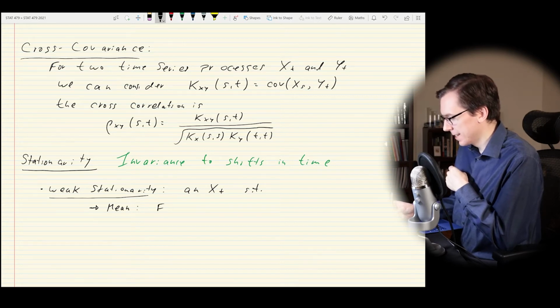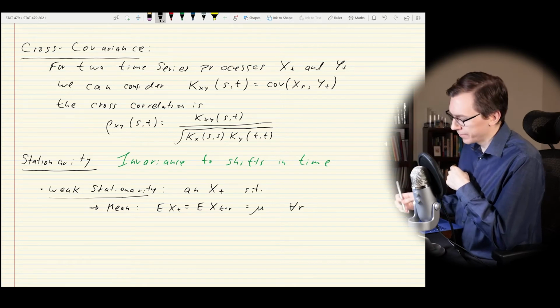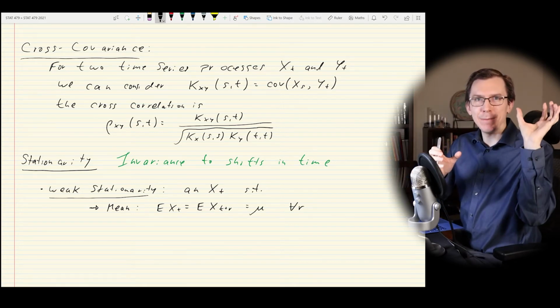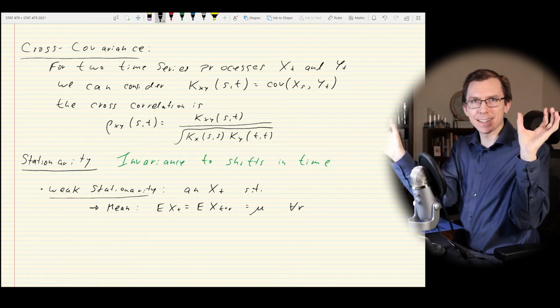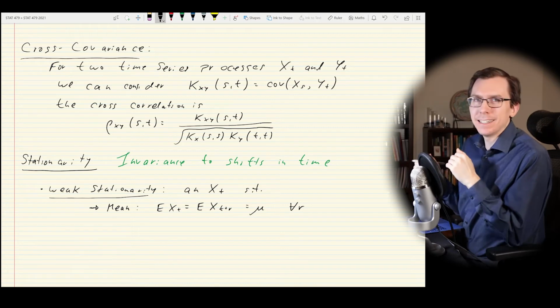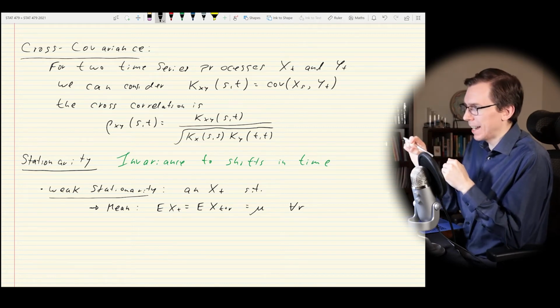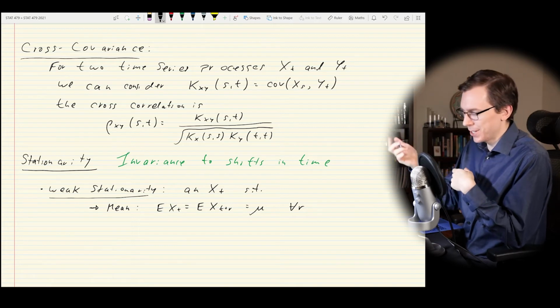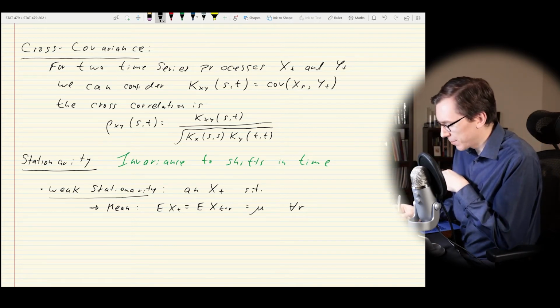That is, the expected value of xt is going to equal the expected value of xt plus r, which is just going to be some fixed value mu, and this is for all r. So the mean at some time is going to equal the mean at any other time, behind it or ahead of it. The point is that the mean does not depend on the specific time, much like we saw in the example we just did. And we're going to apply the same thing to the